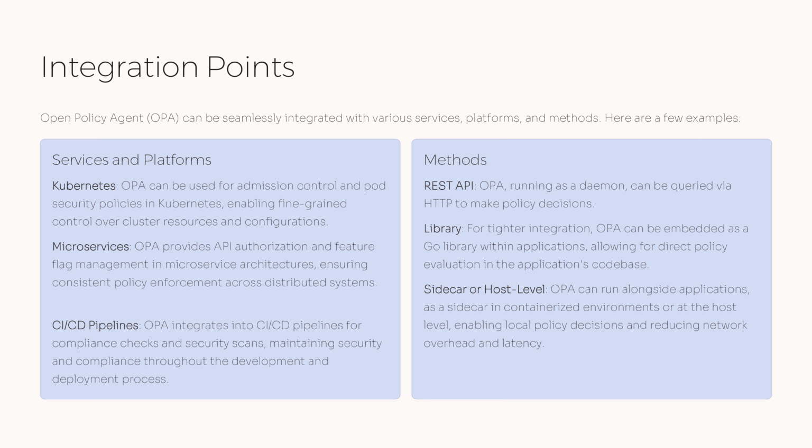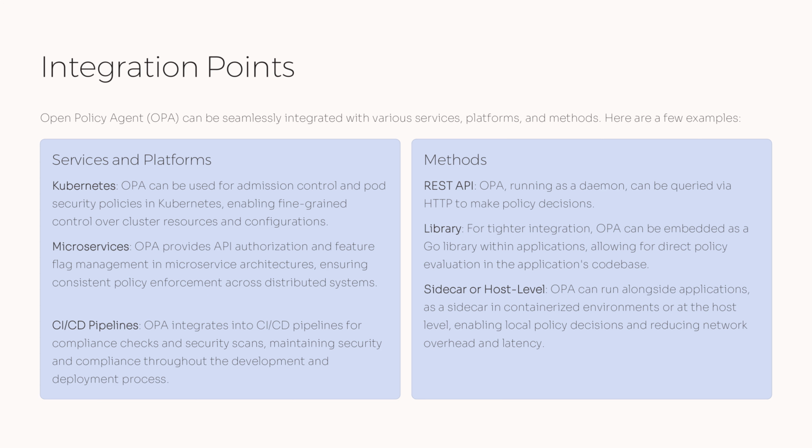Open Policy Agent, OPA, offers robust integration capabilities across a diverse range of services, platforms, and methods. When it comes to services and platforms, OPA can be integrated with Kubernetes for managing admission control and security policies, allowing for nuanced governance of cluster resources. In microservice architectures, OPA ensures consistent policy enforcement through API authorization and feature flag management, addressing the complexities of distributed systems. Furthermore, in CI/CD pipelines, OPA helps in conducting compliance checks and security scans, thereby upholding security standards throughout development